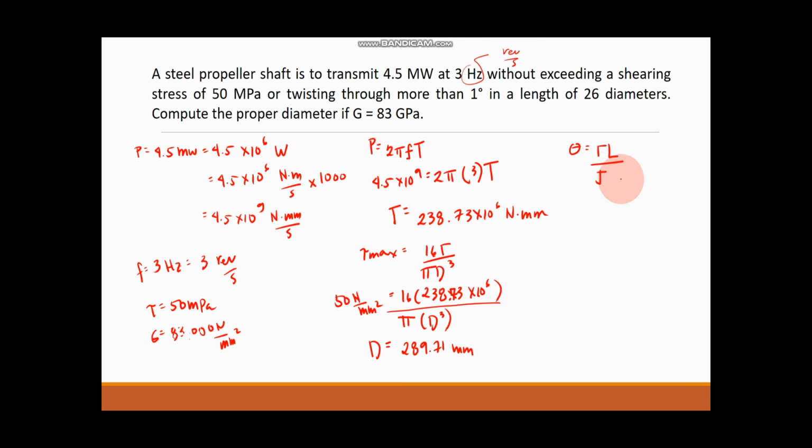And also, considering the angle of twist, which is equal to torque multiplied by the length all over the polar moment of inertia multiplied by the shear modulus of elasticity, in which our angle of twist is equal to 1 degree in a length of 26 diameters. So as I have said earlier, the angle of twist must be in radians, so multiplied by pi all over 180. And then 238.73 times 10 raised to 6. Our length is